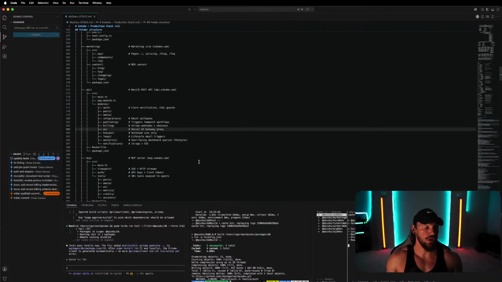And today specifically, we're trying to wrap up the authentication, which we're using Clerk for, and then try and get Stripe billing in its most basic form